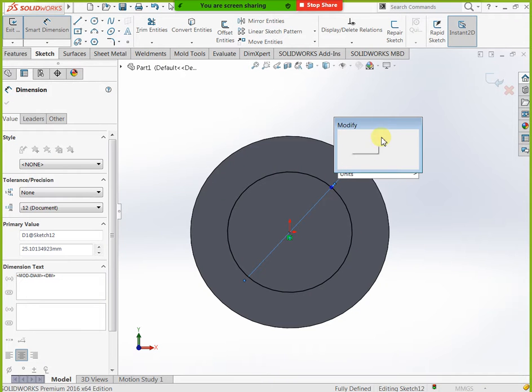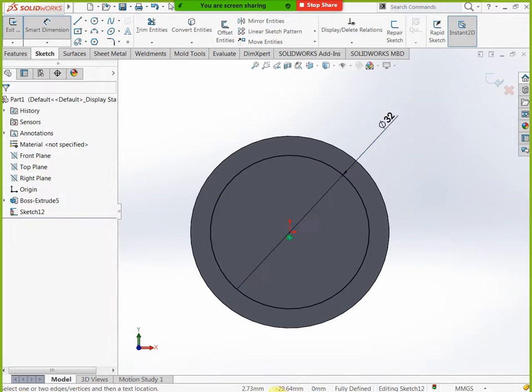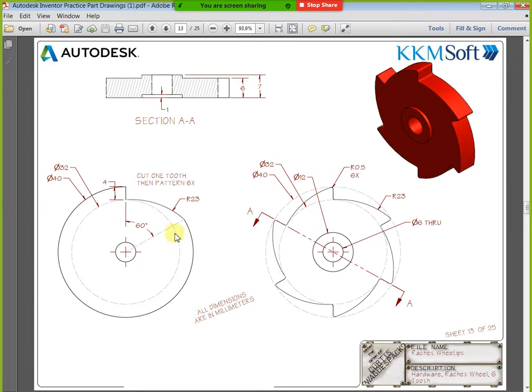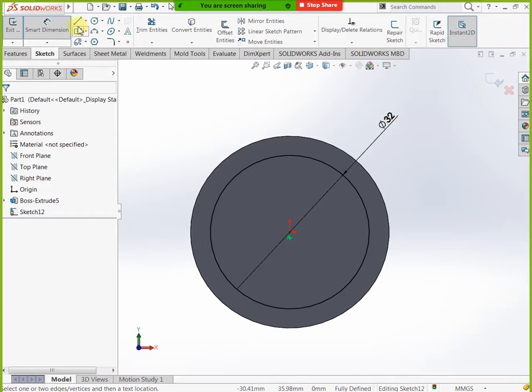Next we know here 60-degree line up to here. Now you can mention 23 radius. Now you can take one line here to here, then you can take one more line. Now you can take smart dimension, select this one, 60 degree. Now you can take one arc, 3-point arc, specify this one, you can mention like this.